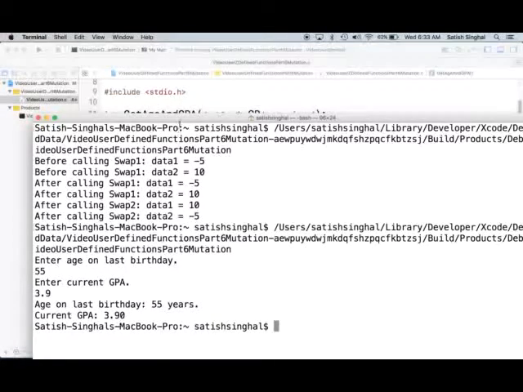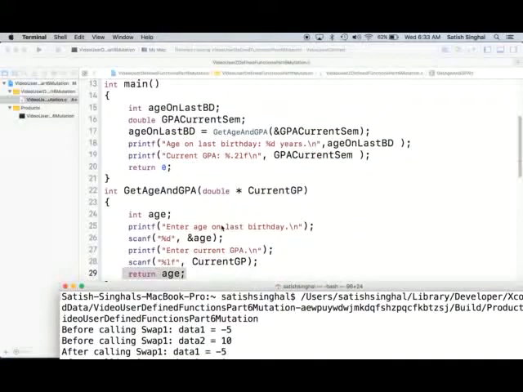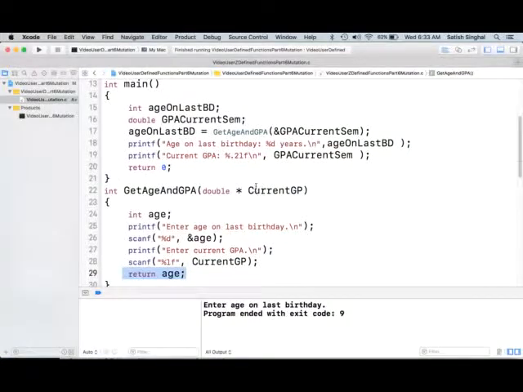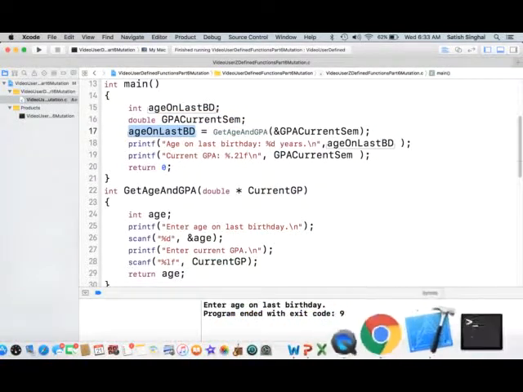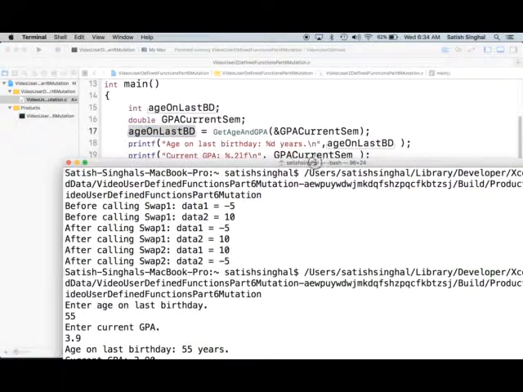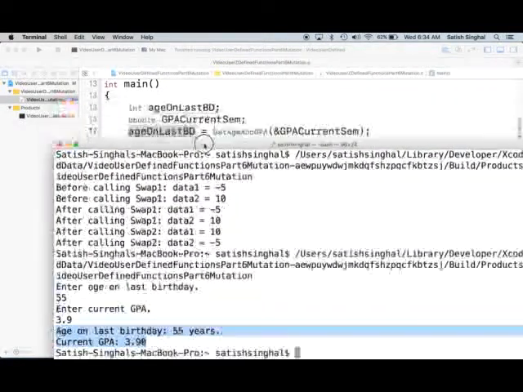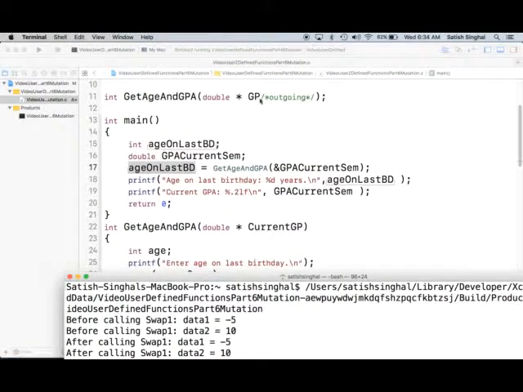Current GPA 3.9, which means that this function was able to mutate the value of this one, and return a value stored in this variable. And then, in effect, we are able to return two values, not one, but two. Although return is not a good name when we call the mutation in the pointee of GPA. Okay, so